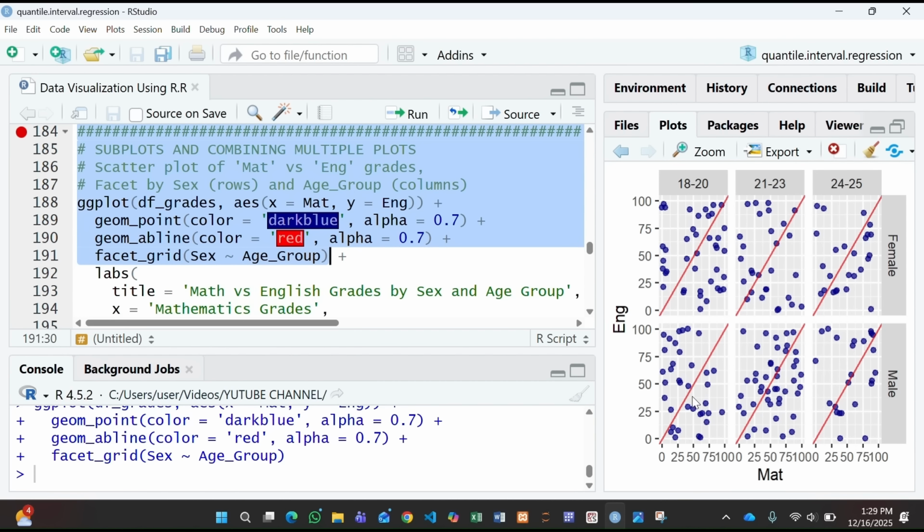So which means we've got all facets. We can call them facets. That's why we have 2 rows for sex, this and this, and then 3 columns for age groups, this age group and the third one. Now you can put the main title, subtitle, all those things by the labs,